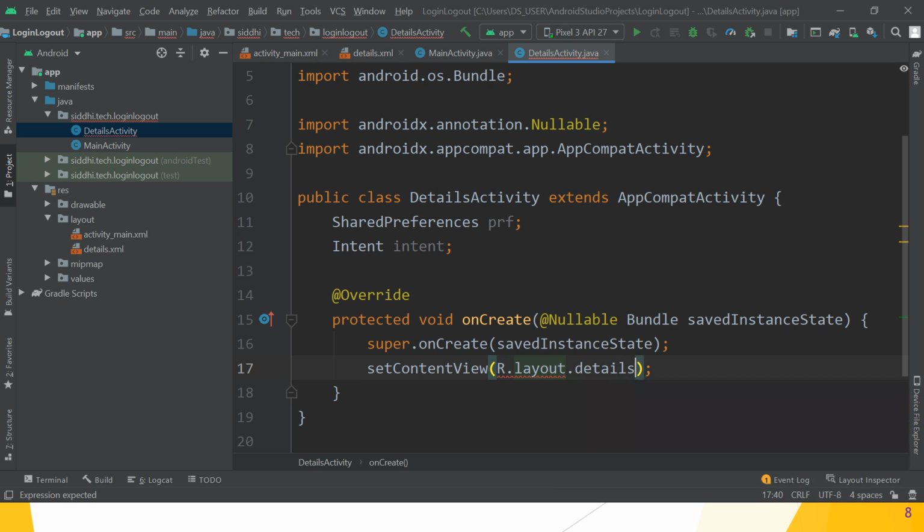So choose it, using setContentView. So the details dot xml file content view is referred.